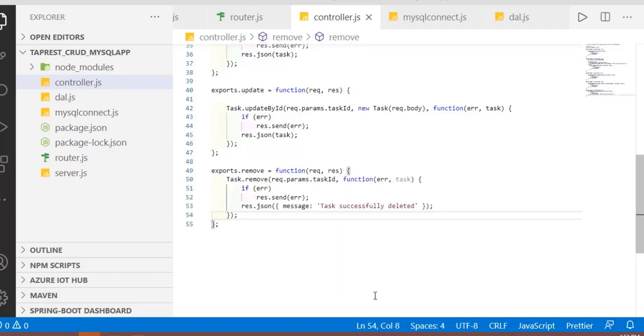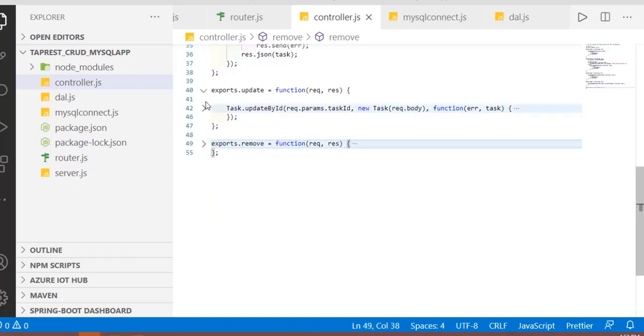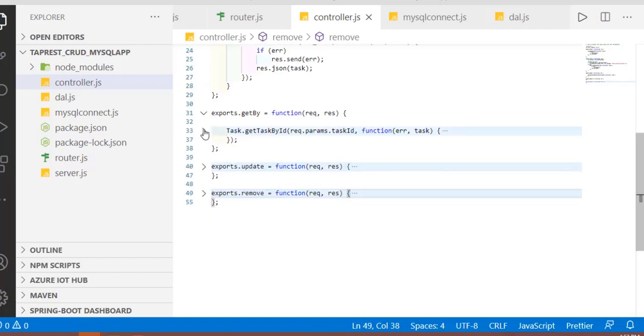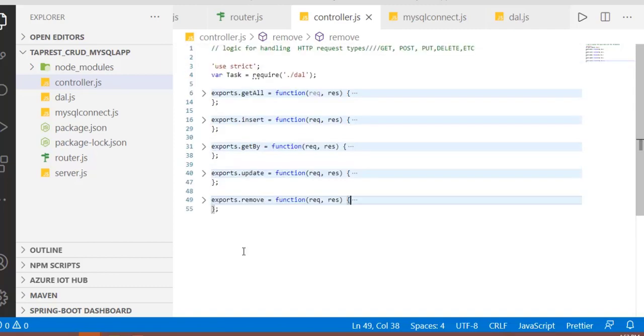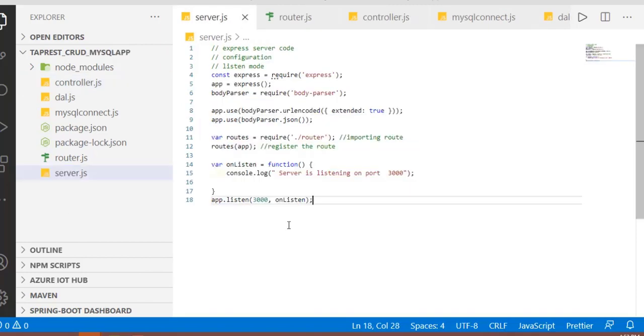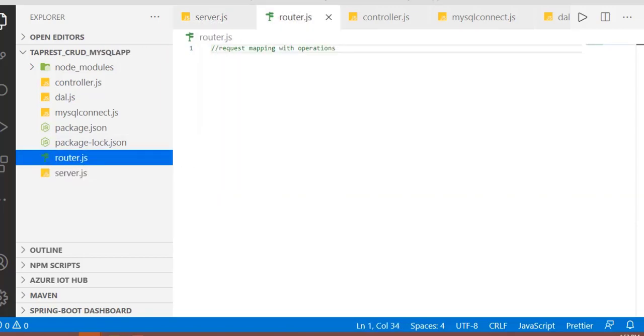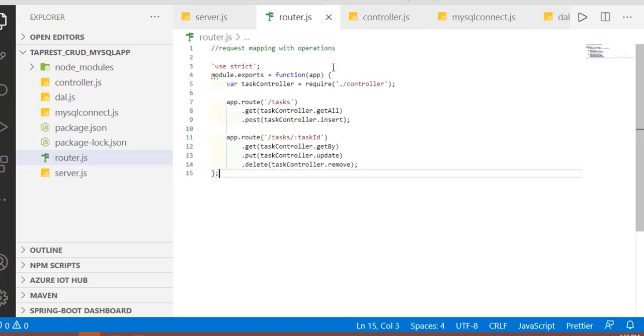Can you see how I'm linking my DAL logic's remove code along with this controller.js exports.remove function? Any function which I write as exports.update, exports.remove, we can use in another JavaScript file in the same server. All these functions written under the controller, I would be invoking inside a separate file, which is going to be called router.js. So I would like to define the router.js. In the router.js, my job is to take care of mapping the get request to the get method of my controller, the put request to the put controller method. Have you seen this is the kind of syntax we always use?